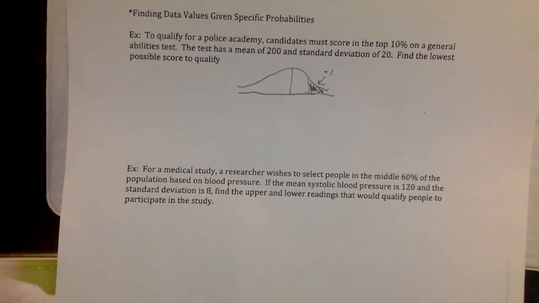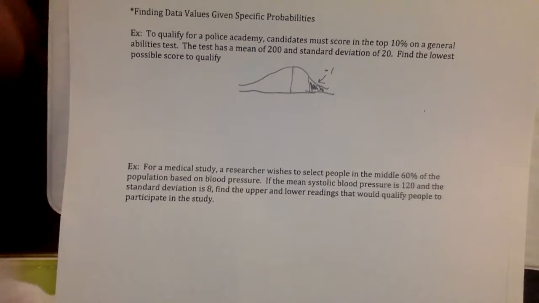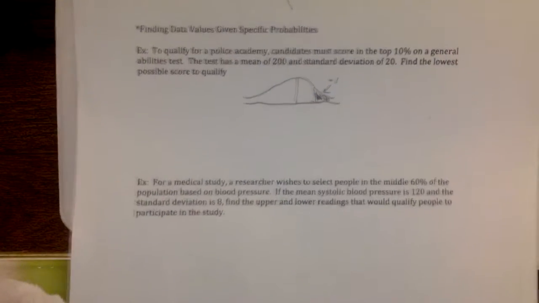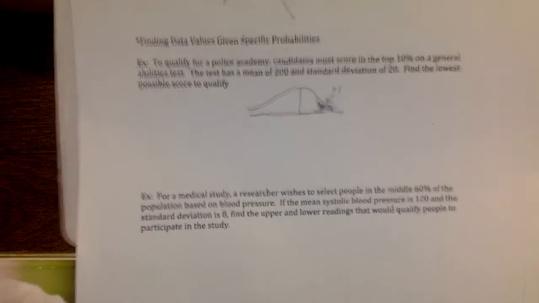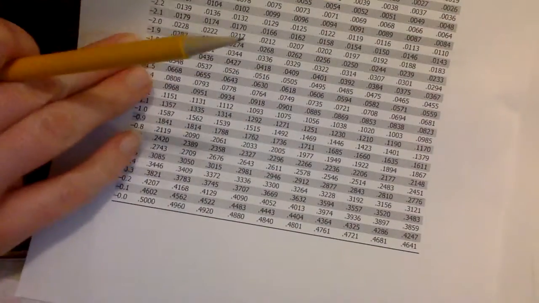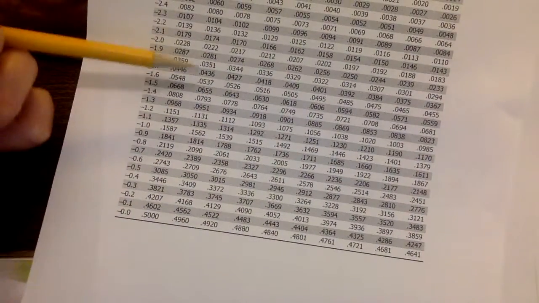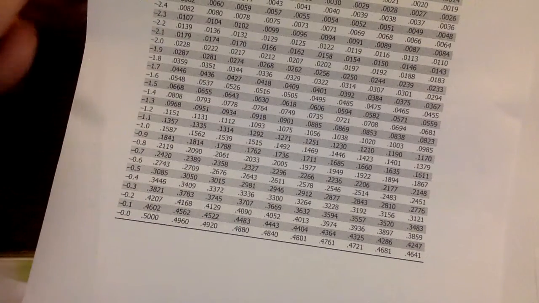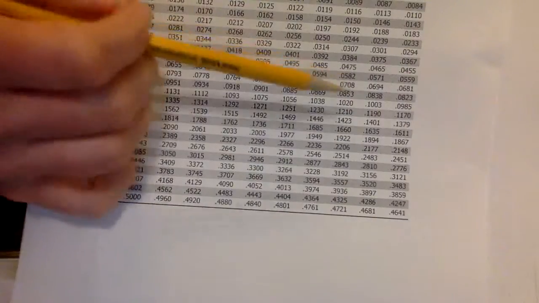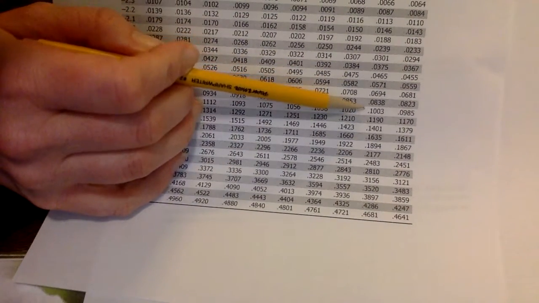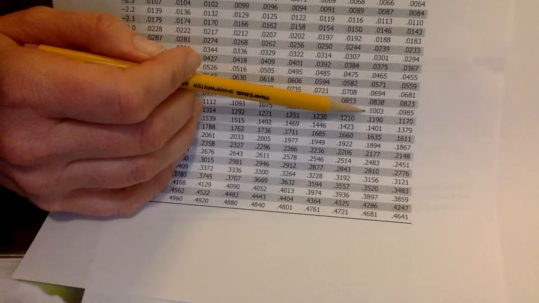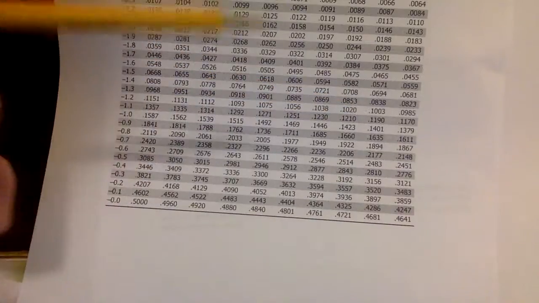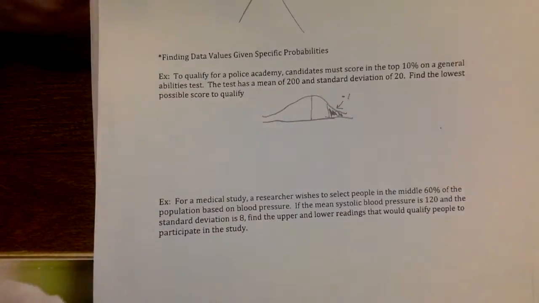All right, so there's two ways to do this problem. Again, instead of looking along the sides for your z-score, you need to look in the big part of your chart for 0.1, or the number that's closest to 0.1. All right, hopefully you see here we have 0.1003. That's going to be the closest to 0.1. Okay, 0.1003. So that has a z-score of negative